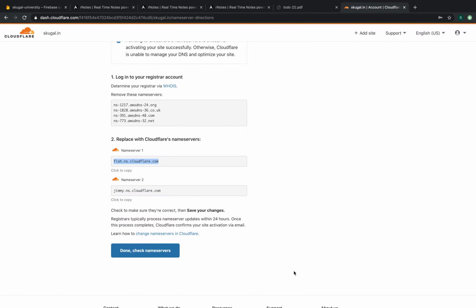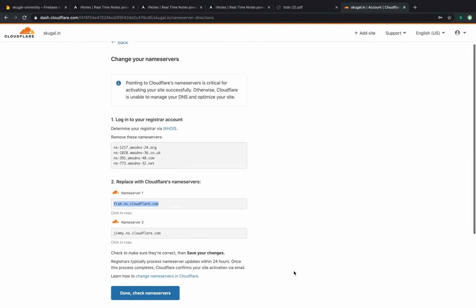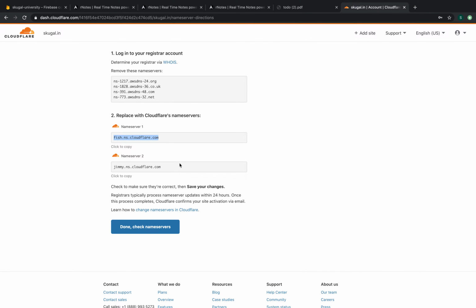Left off in the previous tutorial. We left off with the name server setup and the domain connection with Cloudflare. So as you can see, we left off with this screen. So what we have to do is copy this particular name server from here, and we need